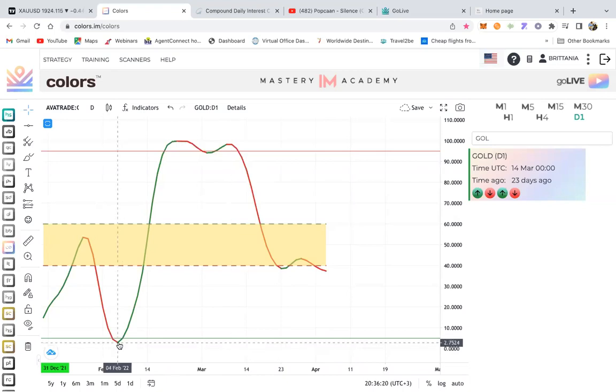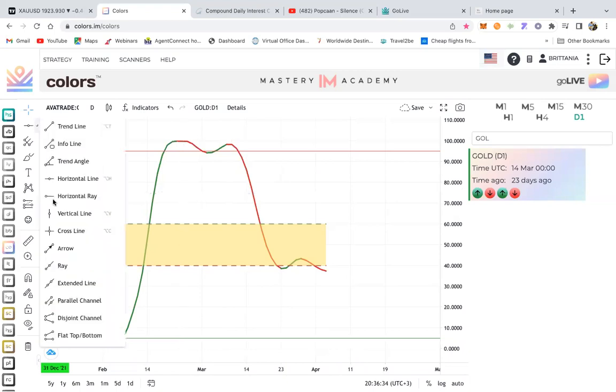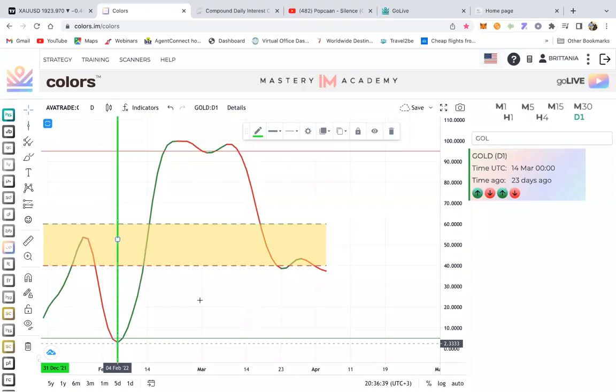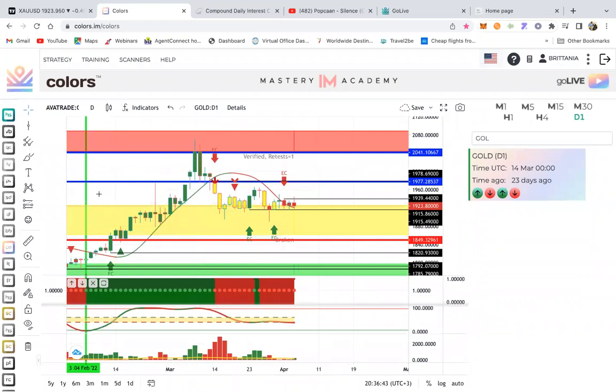So when this EMA is oversold, it means that there's buyers getting ready to come into the market. Like right here, we had a push down on gold, right? Then it turned green, right? And that's how you would have entered the trade once you see everything lining up, right? So let's do a little test right here. Let's drop a vertical line in and see what happened from here, right? Boom, look at this. This was so precise.